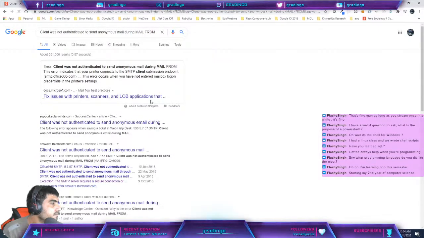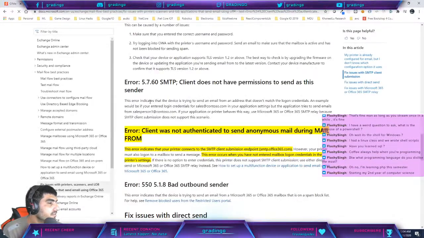From. And you must log on to a mailbox to send a mail. This error occurs when you have not entered mailbox login credentials in the printer setting. If there is no option, the printer does not support it. Either use direct send or Office SMTP relay inside. And using